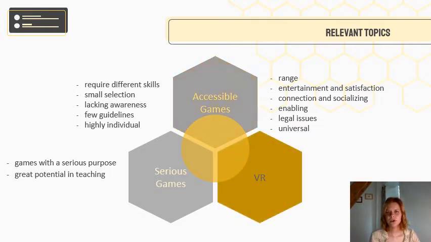On to the next topic, VR. VR is not really a new thing. The technology has been around for some time now. But let's be honest, so far it has a lot of weaknesses. And game manufacturers were the first to hop on the VR train, which is why most VR applications are games right now. And the opportunities and the problems I mentioned from accessible games also apply here, but there are new ones added.